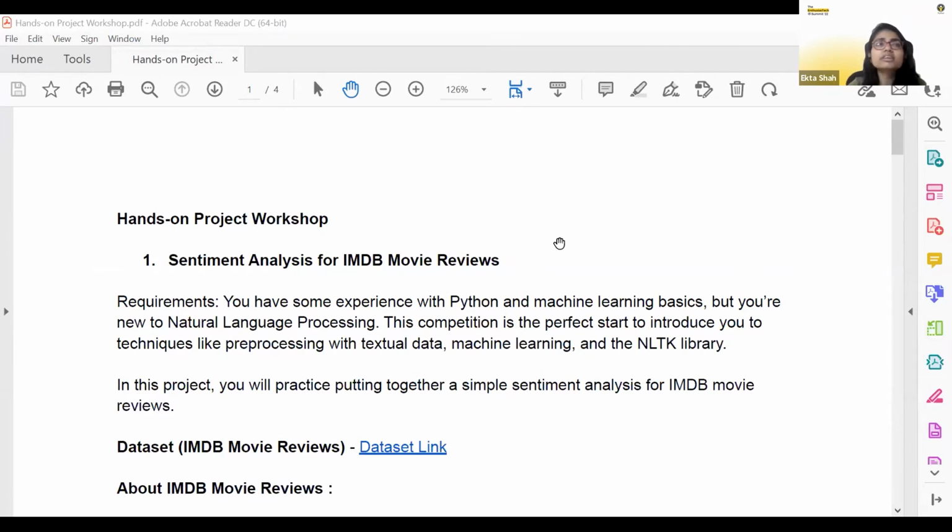Now, all that we know in the Indian scenario is that we all love watching movies, right? If there is a new movie coming up, we often tend to look at reviews, which are published online. There is a website called IMDB, which is the biggest reservoir of movie reviews.